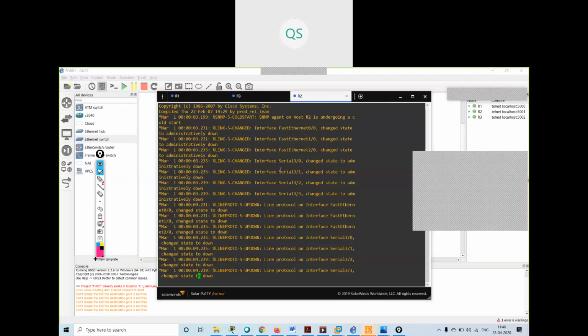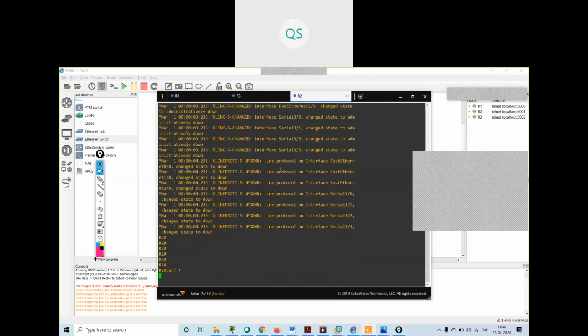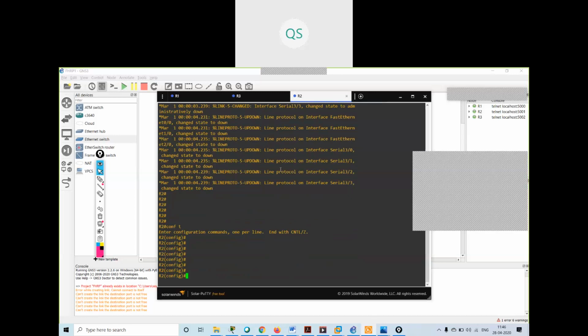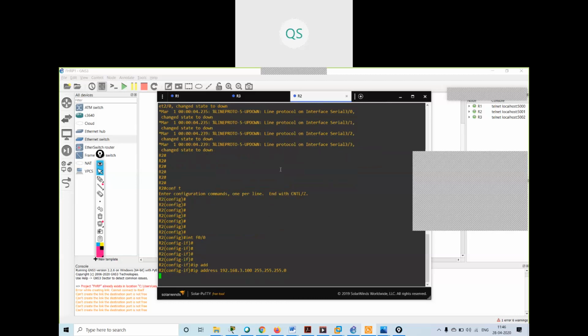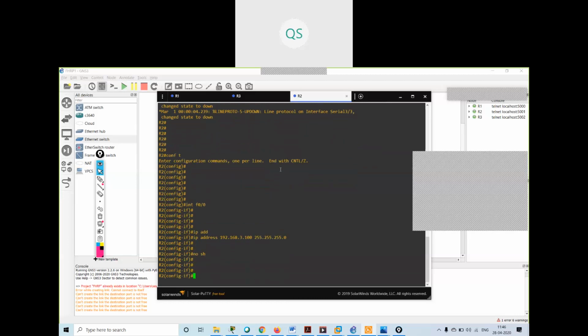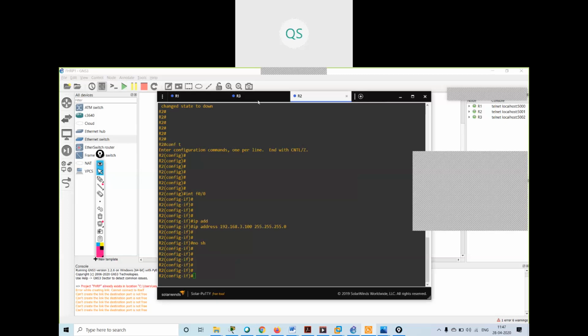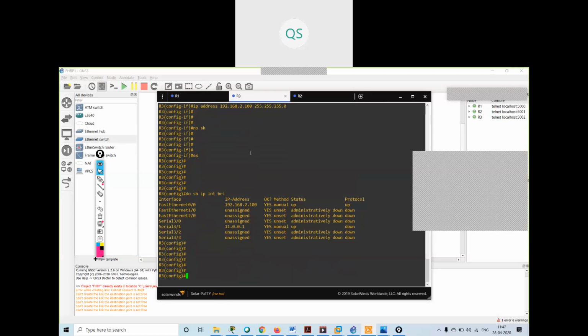R2, config terminal. I will use the 3 network over here. Interface FastEthernet 0/0, IP address 192.168.3.100 255.255.255.0, no shut. Now I will make some loopback addresses on this router.